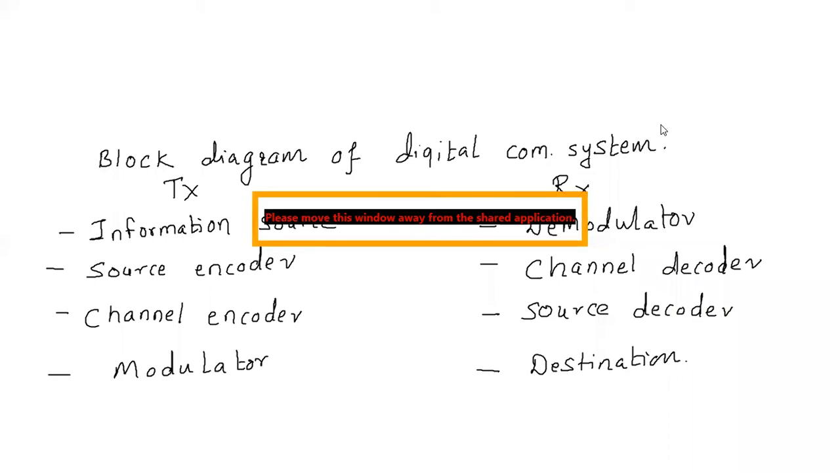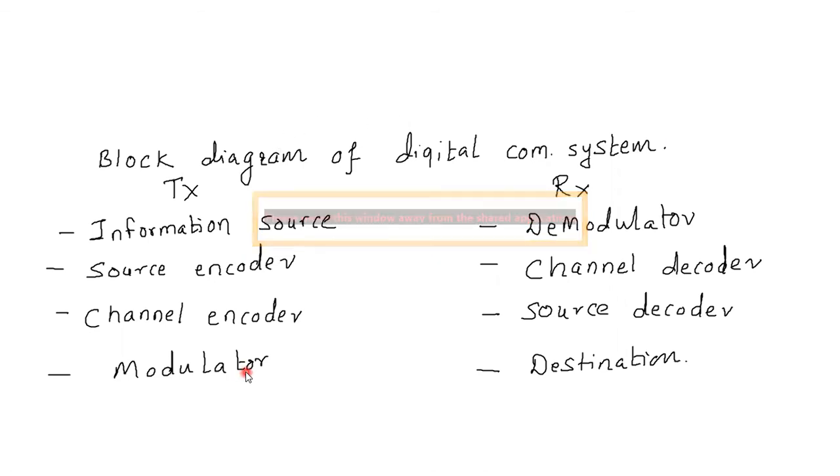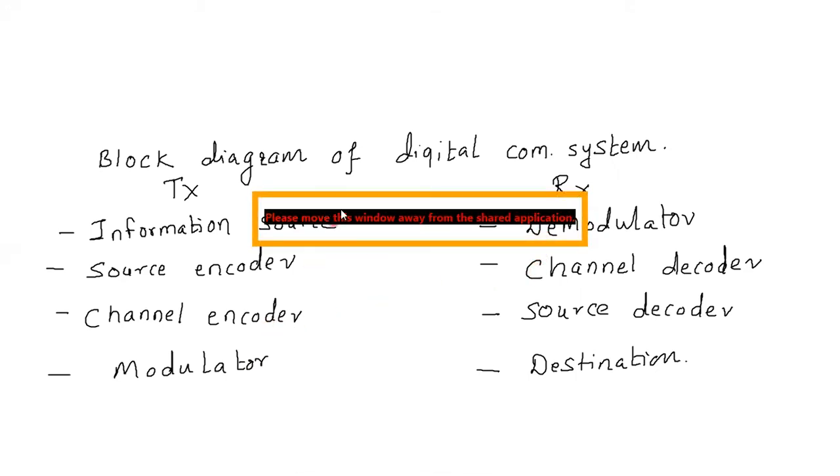In the receiver, again you can see that the sequence will be in the reverse order, right? Like in the transmitter, when we see the modulator at the bottom, in the receiver we see that at the top, because the process is entirely reverse as far as the receiver is concerned. So a demodulator, then a channel decoder at the receiver side. So we can make a note very easily that whatever process we are following at the transmitter side, exactly the reverse process is happening in the